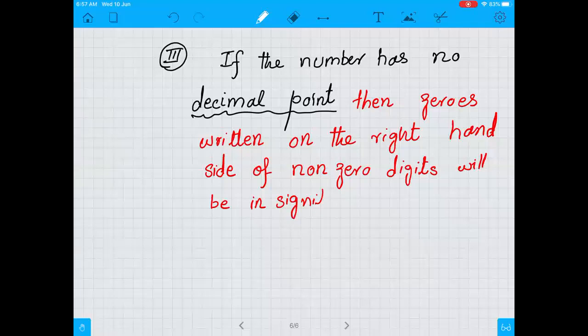So if the number has no decimal point, then the zeros which we write towards the right hand side of a non-zero digit are insignificant, and their reason is